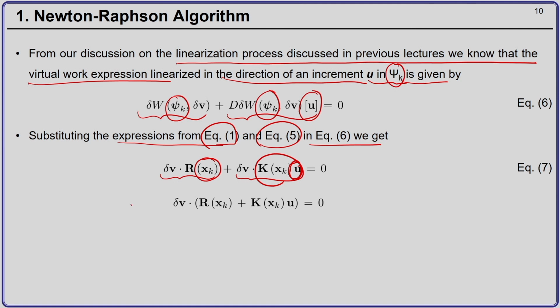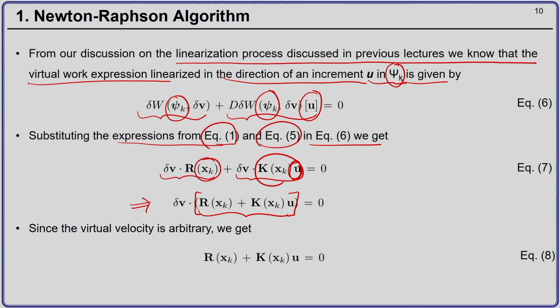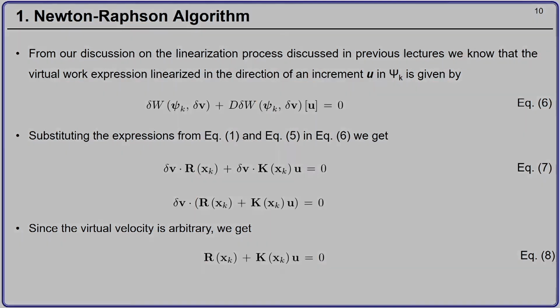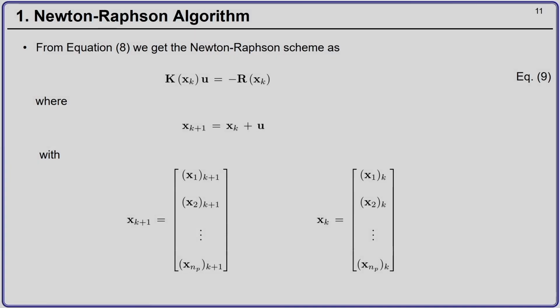Okay. So, now taking the virtual velocities outside the bracket, what we get is this term inside the bracket dotted with del v, and now because the virtual velocities are arbitrary, therefore, the term inside the bracket has to be equal to the 0 vector. Okay. So, this has to be a 0 vector, and then we can set up the Newton-Raphson iteration scheme as